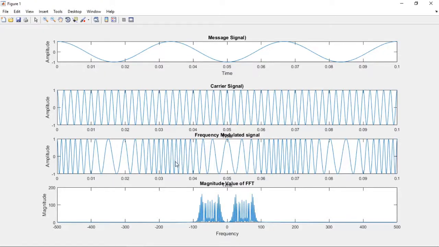When deviation is more, the modulation index is also more. When modulation index is more, we require more bandwidth for representing this particular signal. We get wideband FM. For better clarity, we require wideband FM. So observe the frequency spectrum here, magnitude versus frequency. We have a carrier and we found more sidebands compared to the previous simulation. As modulation index increases, the number of sidebands also increases and it requires more bandwidth.